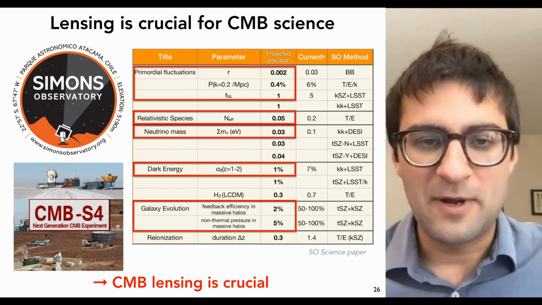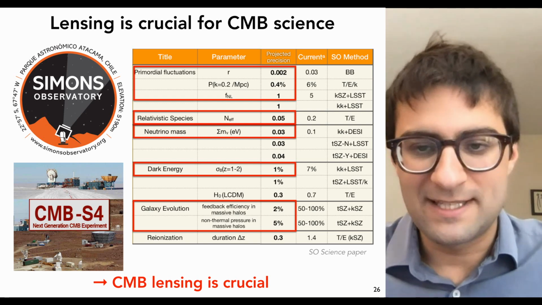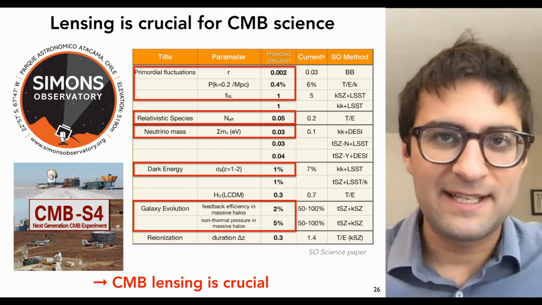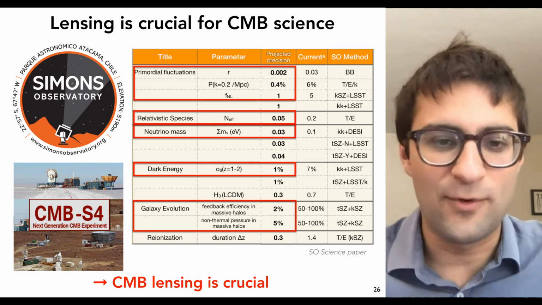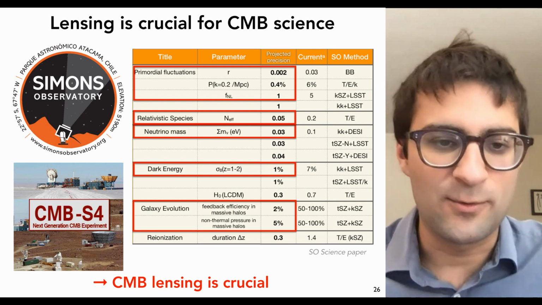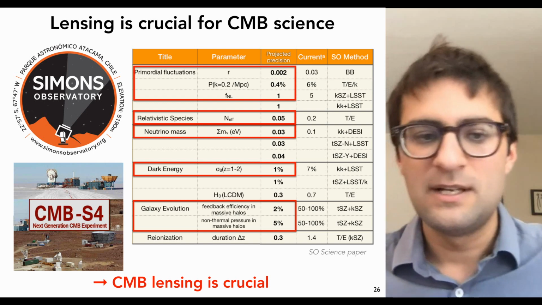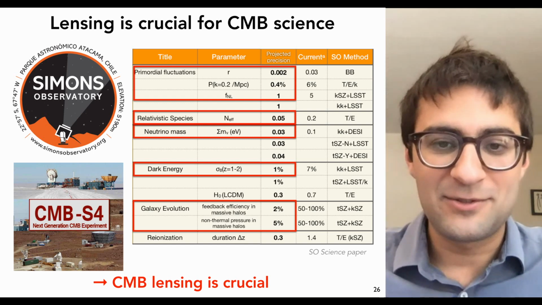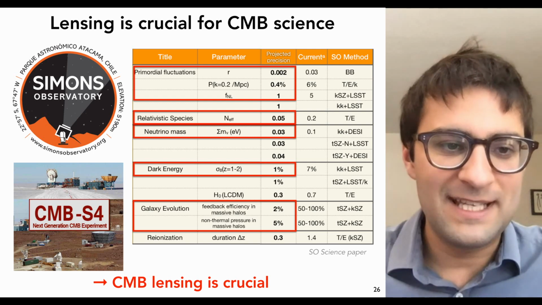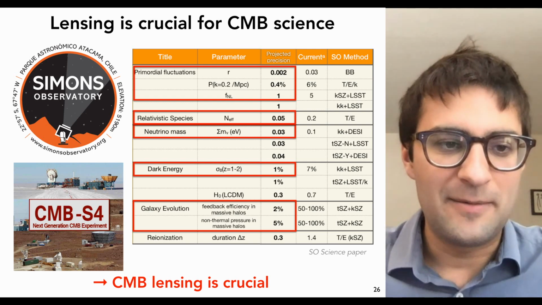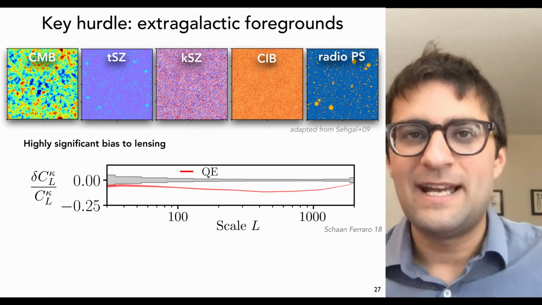The good news is with an experiment like Simons Observatory or CMB-S4, we expect very small statistical error bars. So detecting CMB lensing at a significance of 100 for SO or 400 for CMB-S4, and so really sub-percent precision on CMB lensing. So this all sounds great. Let's do CMB lensing. However, there's a key hurdle in our ability to measure CMB lensing, and that hurdle is